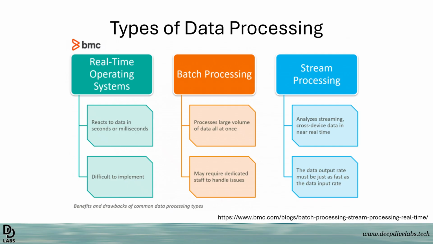The majority of the enterprise workloads that we see are usually batch processing. So batch processing is very popular in enterprise. Of course, depending on the nature of data you will have stream processing as well. Other than that, you have real-time operating systems, where it reacts to data in seconds or milliseconds, right? This is more so when you are collecting data in real time. Stream is where the output rate is as fast as the data input, whereas real-time operating systems are where you're